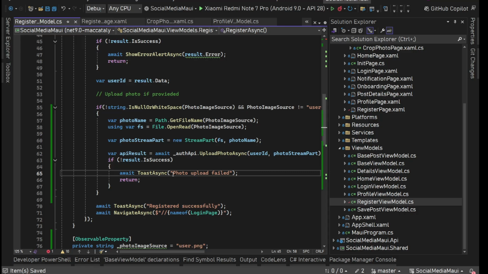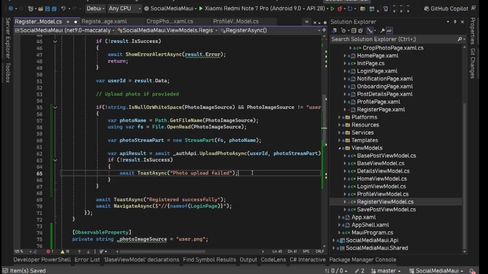We can have this thing in between, and we'll not have this return, because we want this to process further and show this register successfully and go back to login page. Now there can be multiple ways by which you want to handle this or you notify user. Maybe if you want to have it, you can restrict it here and then have some other method or something